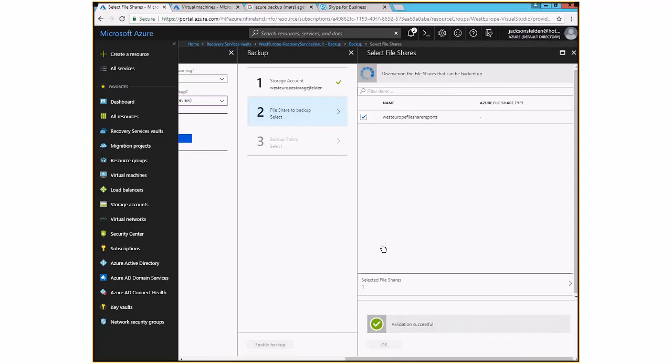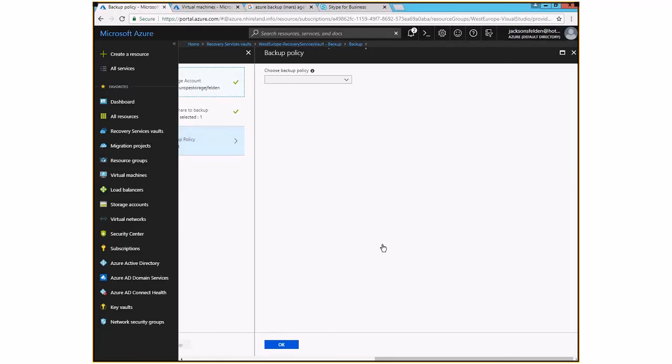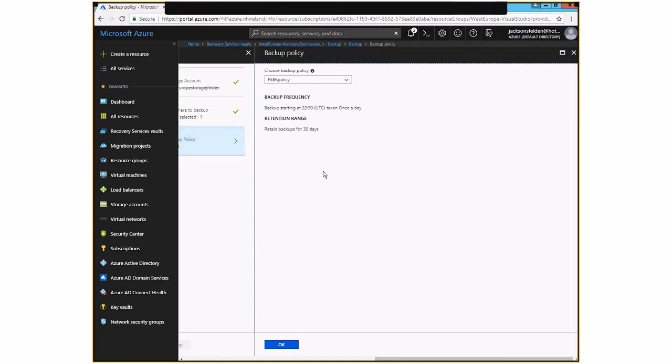Click OK. Nice. Now, as I told you before, the next step is to pick one of my policies, or otherwise I can set up a new policy, whatever the time and retention I want to have. To make things quicker, I'm happy to start every night at 10:30 p.m., every day, and keep it for up to 30 days.